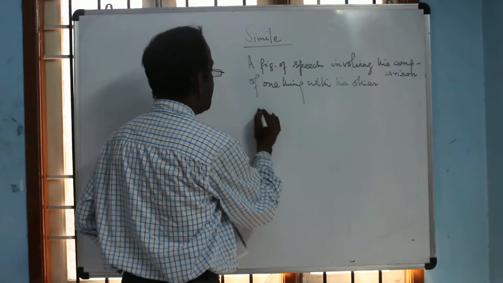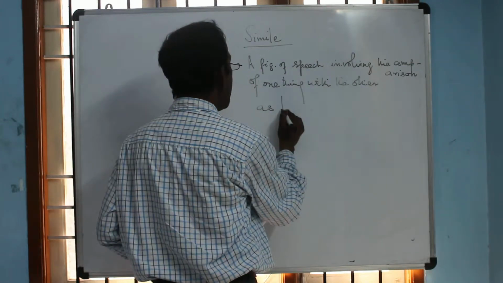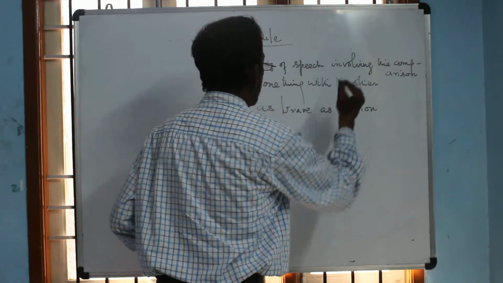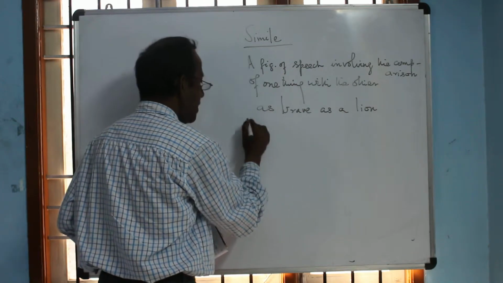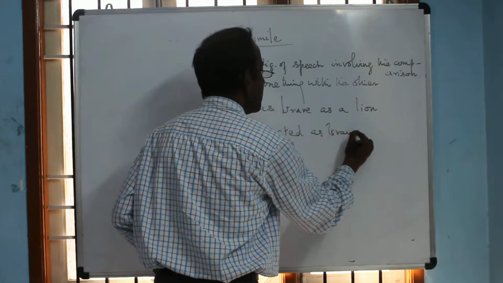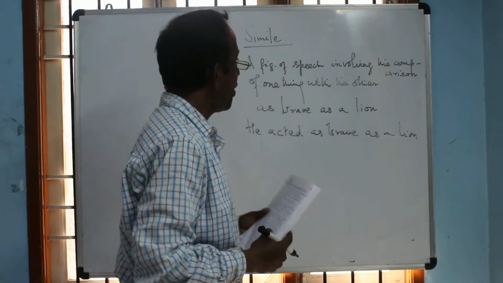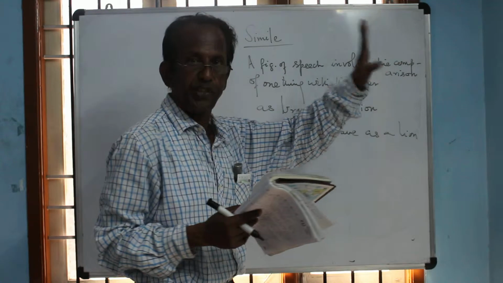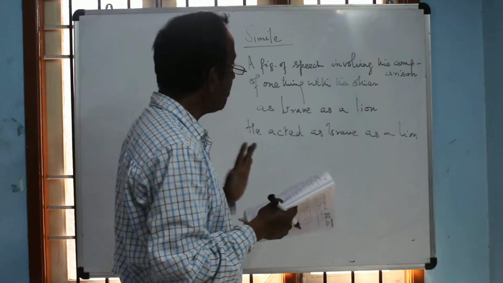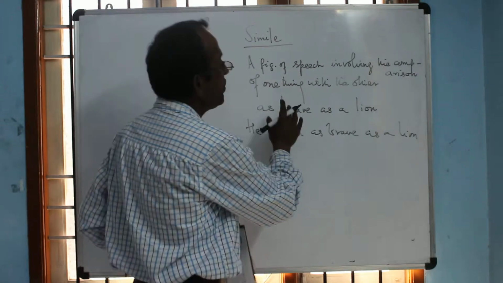But see, take for instance this phrase, as brave as a lion. Let's make a sentence out of this. See, he acted as brave as a lion. In order to give a vivid description, a more vivid and more emphatic description, simile comes, where two things are compared